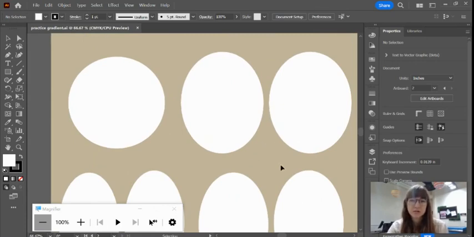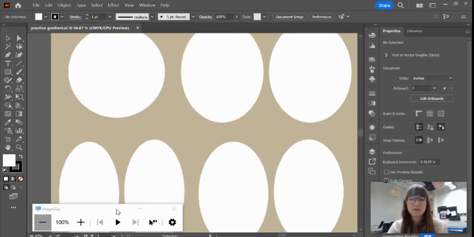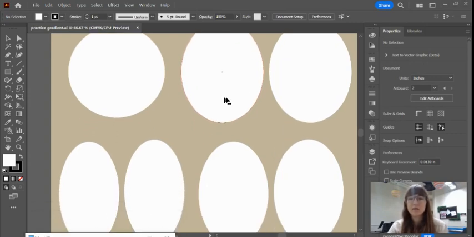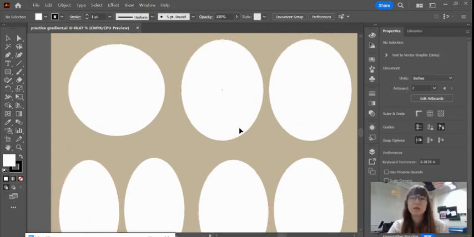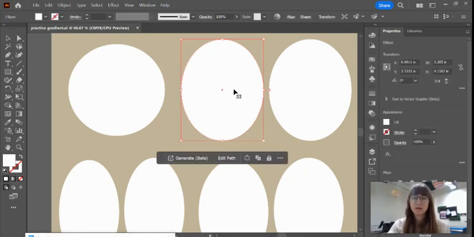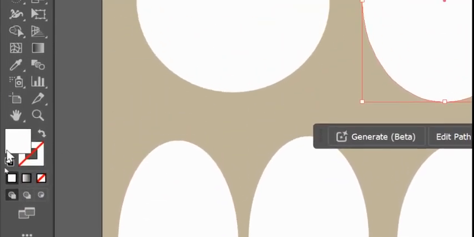And what we're going to do first is select one of our ovals. So you can see here that I have three different sizes, right? I have a large, a medium, and a small. And so we're going to make two different gradients and copy them over into the other ovals, starting with this guy. So go ahead and select one of your larger ovals,